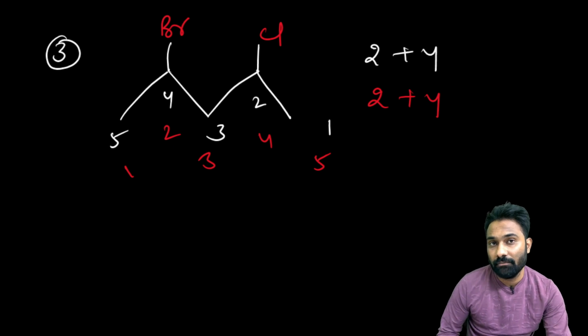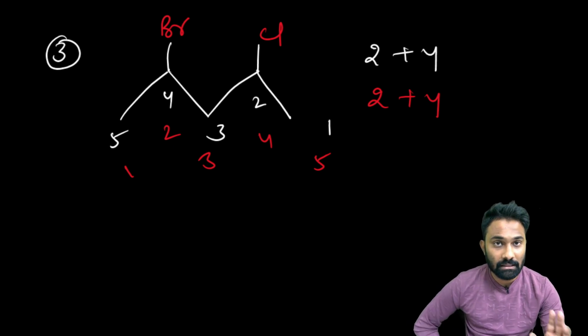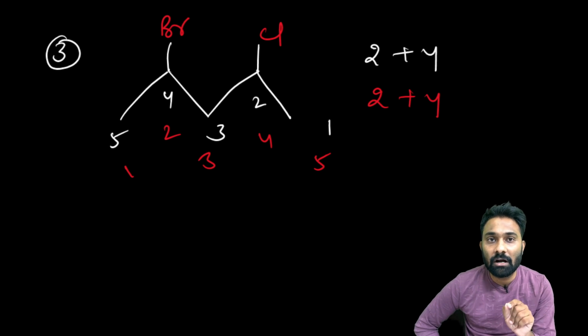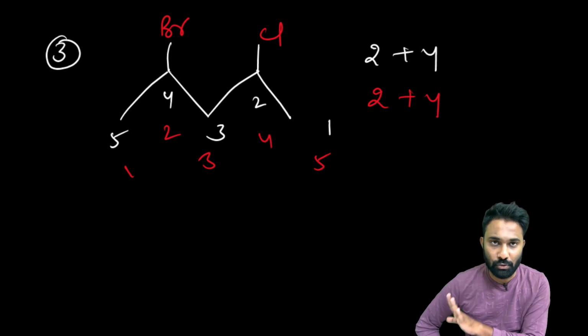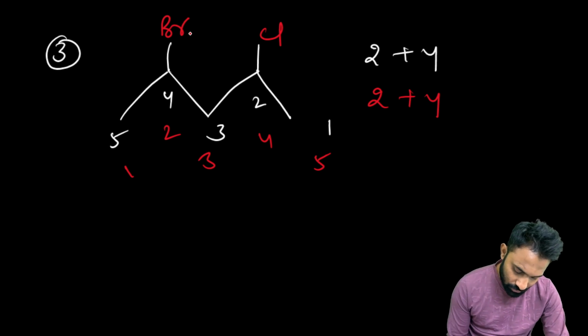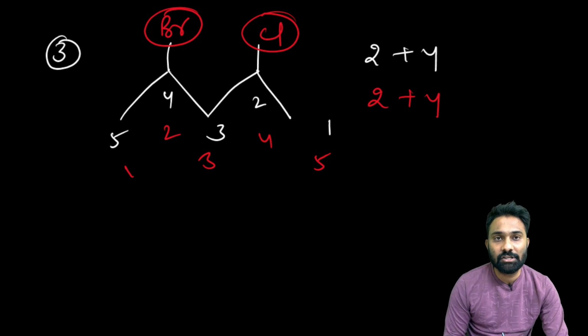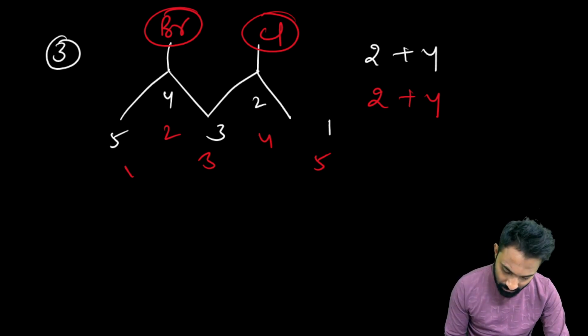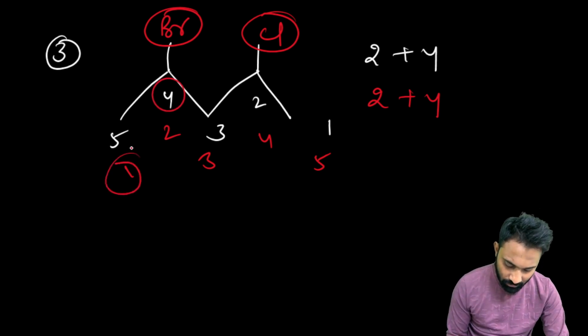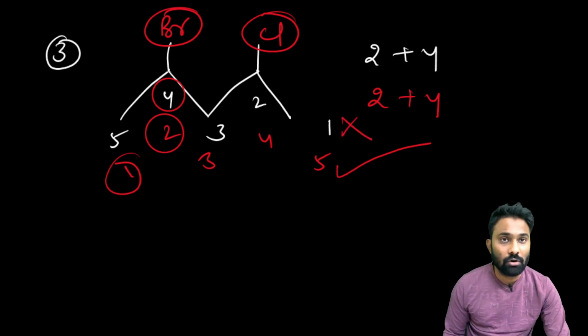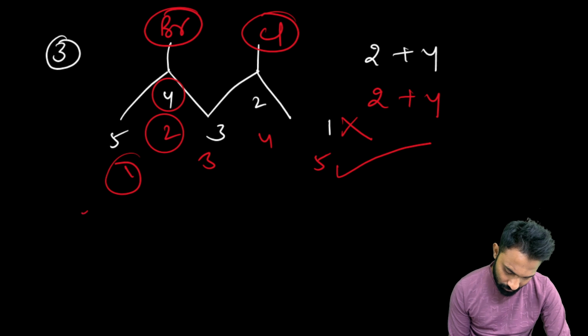Then how to identify which one is the correct numbering? I already explained to you. If 2 or more different substituents are present, then the naming should be given according to the alphabetical order of those substituents. Now coming to here, this is bromo and this is chloro. B will come first, right? So bromine should get the least number. In the white one, bromine is getting the highest number 4. In the red one, bromine is getting number 2. So the red one is the correct numbering and the white one is wrong. Done? The naming here will be 2-bromo